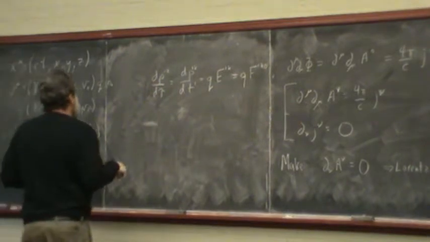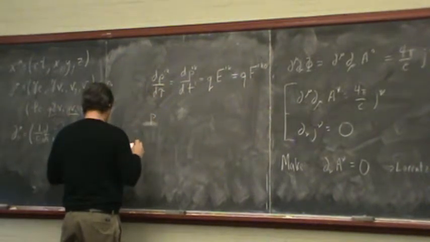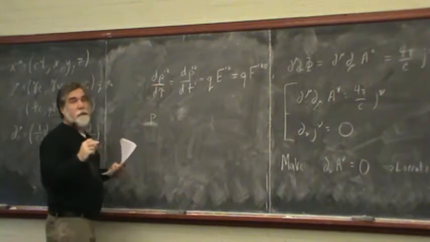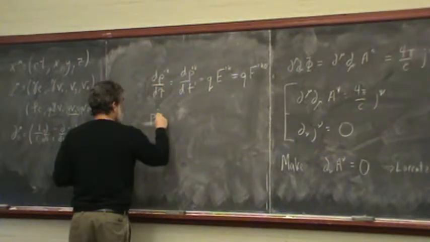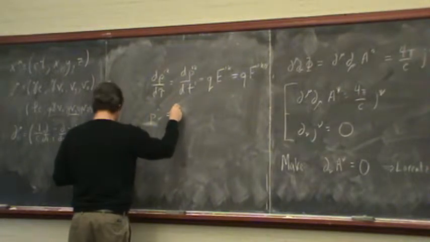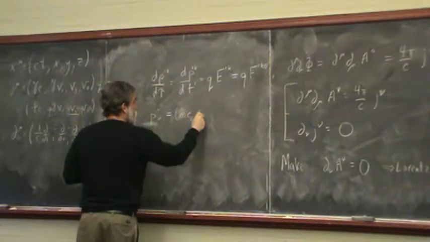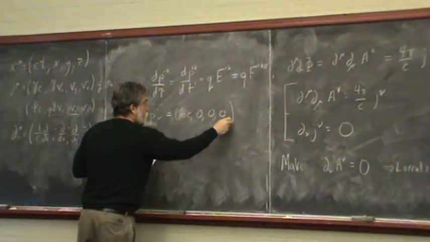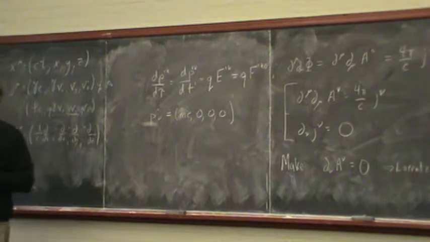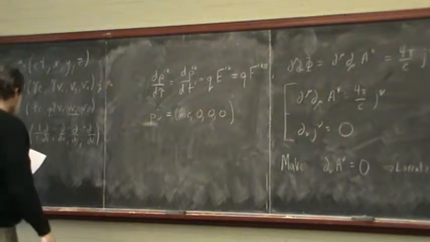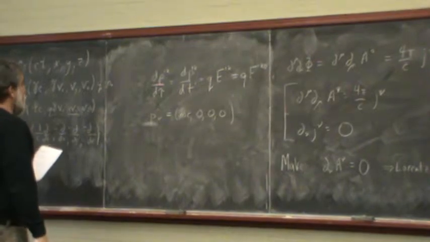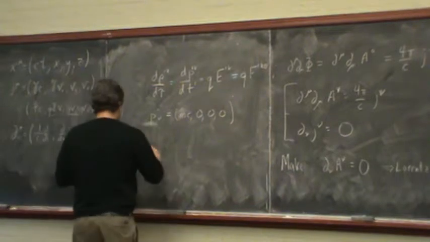In the particle frame, the particle has no momentum, so the momentum 4-vector looks like this. It's just got energy. And so we can write